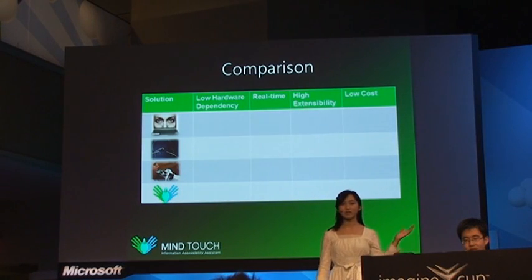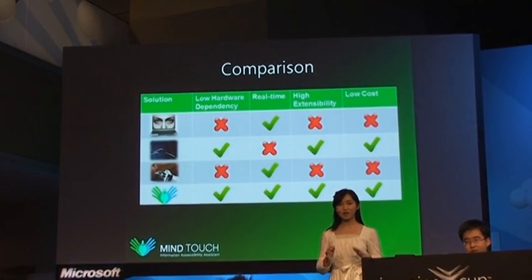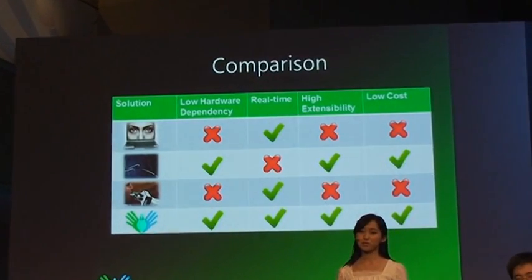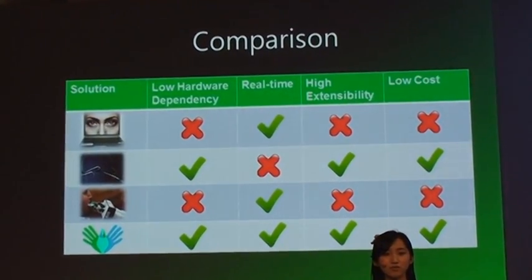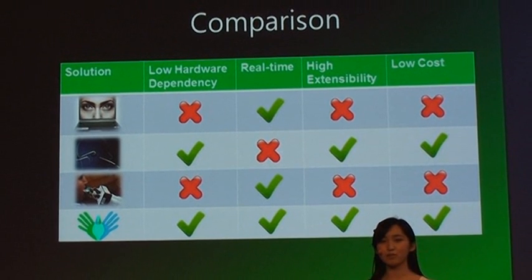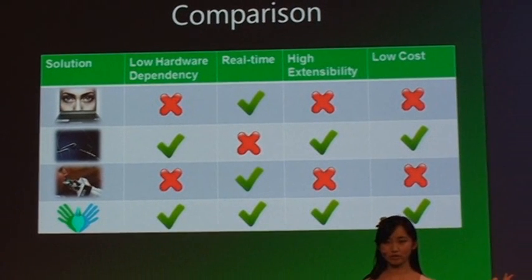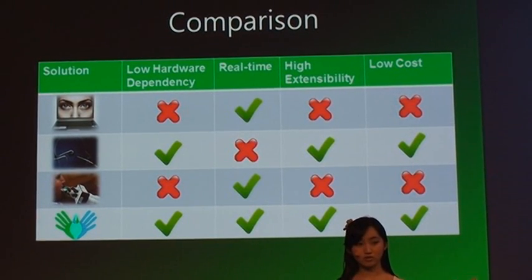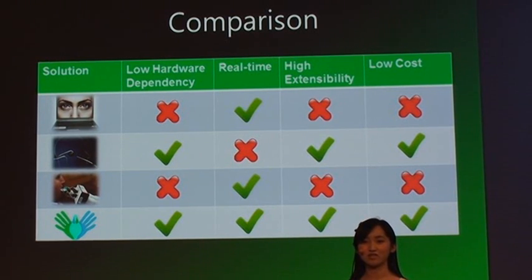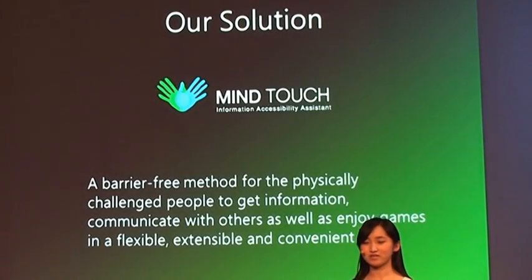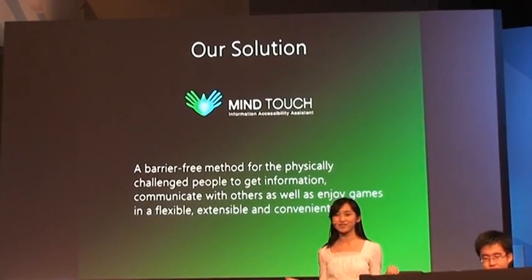The eye control computer has enough flexibility. However, after a long time using it, users may feel tired in the eyes because they have to fix their eyes on the screen from time to time without a break. Speech recognition has enough extensibility. However, if you want to use it to draw a picture, it becomes so difficult. Breath control is not commonly used, and of course, you still have to pay a lot to get it. In my opinion, the ideal solution should be low-cost, high-performance, user-friendly and with enough extensibility.